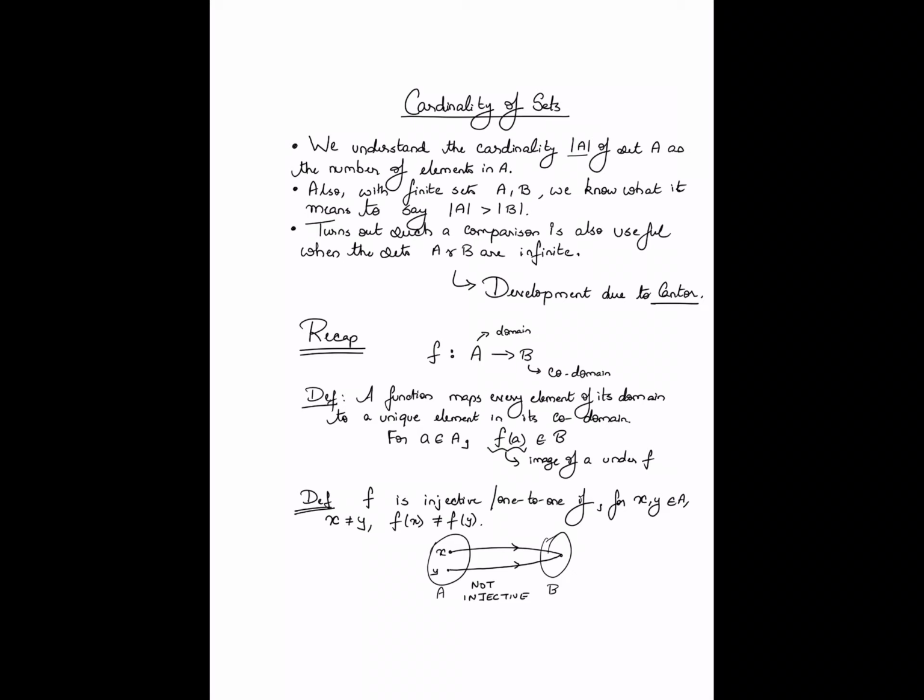Okay, so injective is also called one-to-one, and again, intuitively it makes sense, right? When you say that a function is one-to-one, it means that distinct elements in the domain should map to distinct elements of the codomain. If the function satisfies that property, then it is said to be injective or one-to-one. Okay. Next, we say that a function is surjective